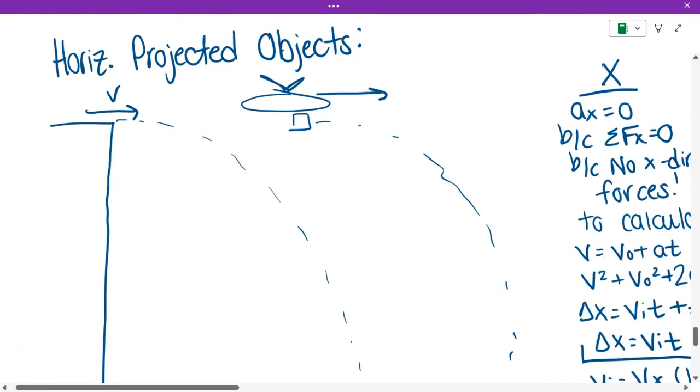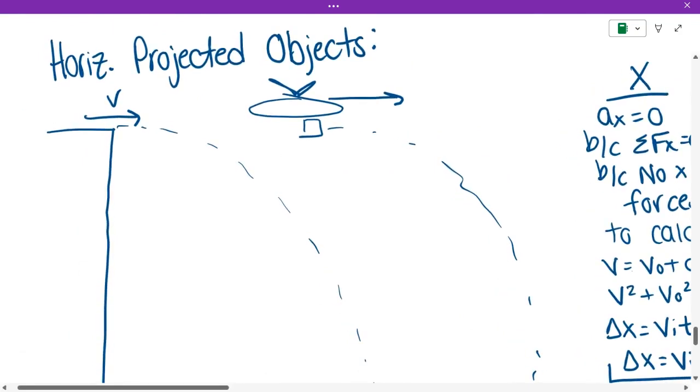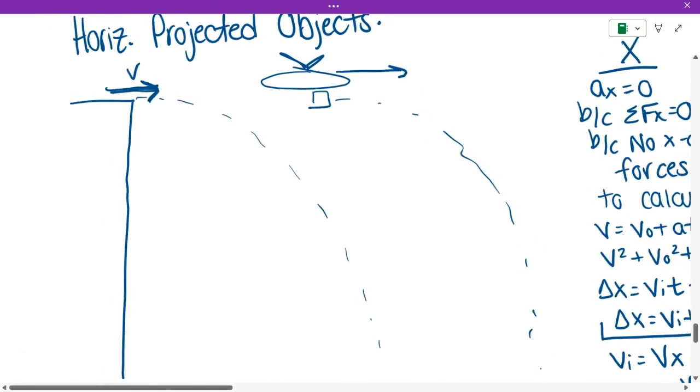And the first is the horizontally projected object. So this is an object that is launched from some height and initially only has some horizontal velocity. So the two major problem types that you'll see is something launched off of a cliff or a table, or you'll have something that is launched from or dropped from a moving object like a plane or